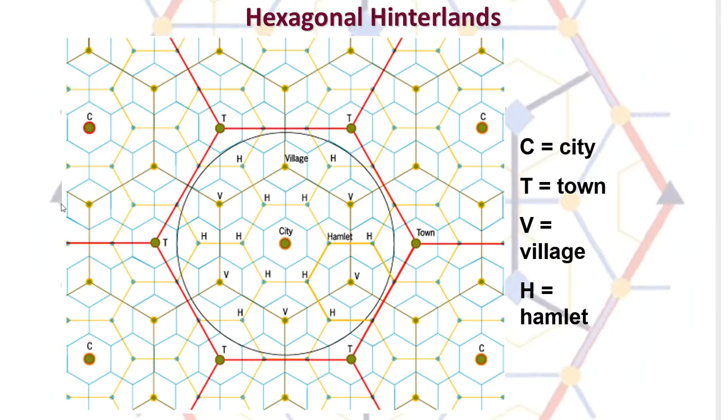Now, if you get out on the very edge, if you look where the towns are, where it says T, that's going to be hours away from the city. And that's when you get out there so far where people are going, yeah, if I'm going to an operation, I'm going all the way into Omaha. But otherwise, why would I leave Grand Island? Why would I leave Norfolk? Why would I leave blah, blah, blah, blah?